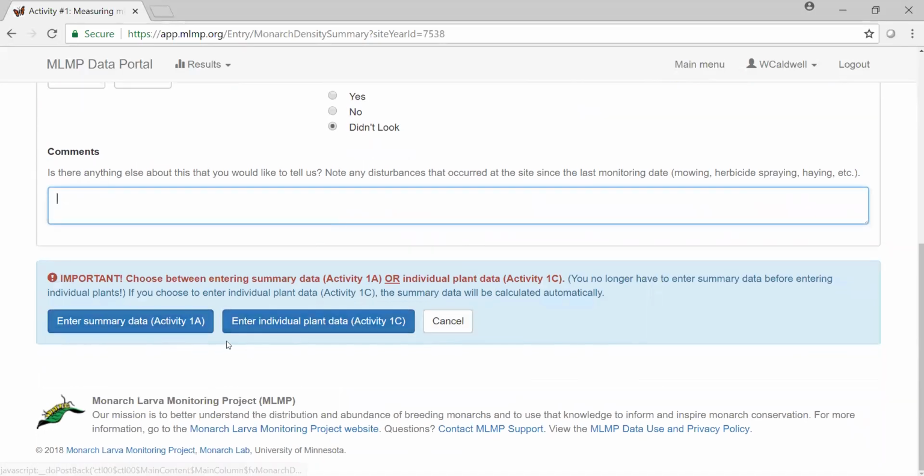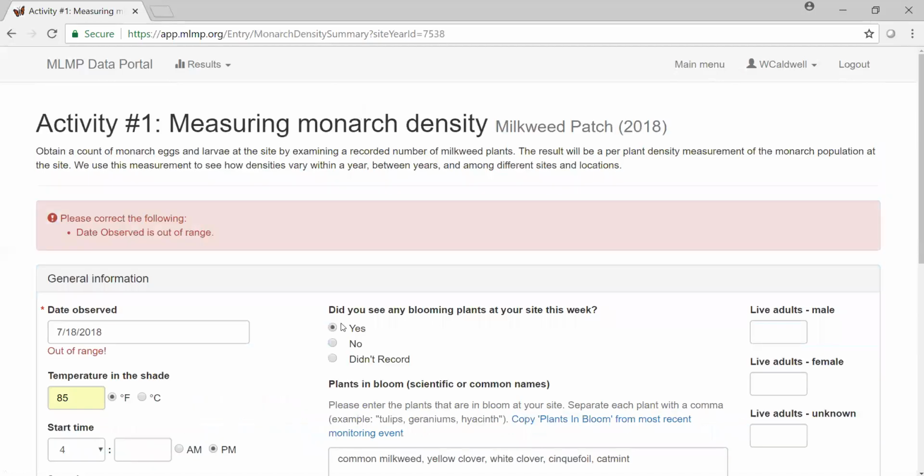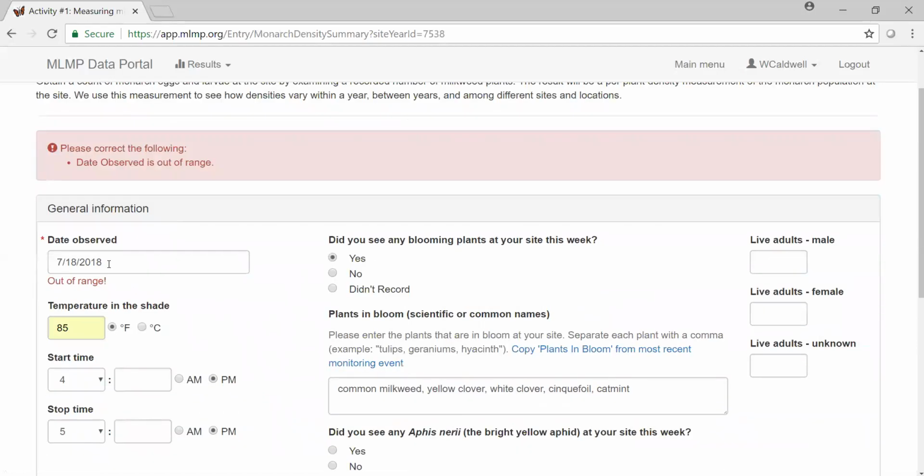So here's where it's an important dividing point. This is where it's asking me if I want to enter summary data for activity 1A or individual plant data for activity 1C. So activity 1A is the same as it always has. Enter the total number of milkweed plants you observed and the total number of each stage that you observed. Activity 1C,